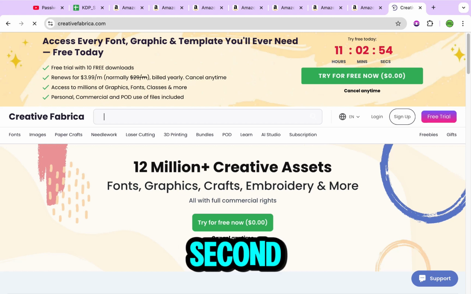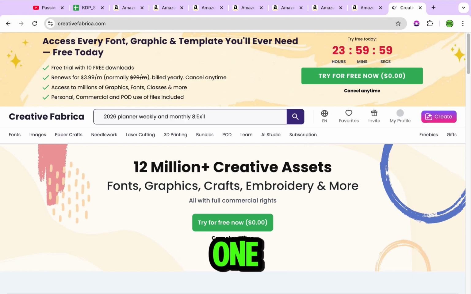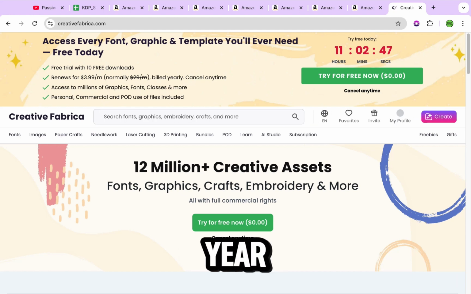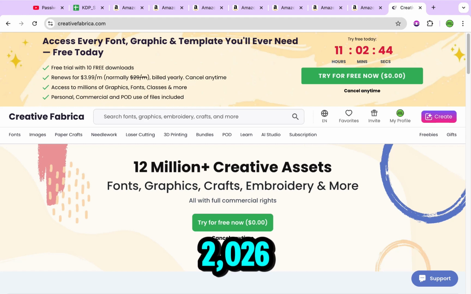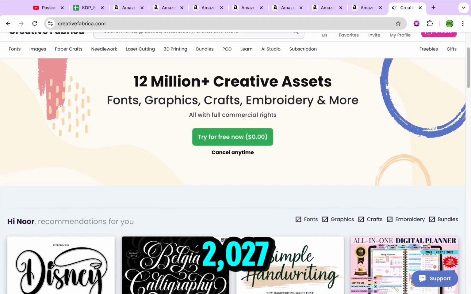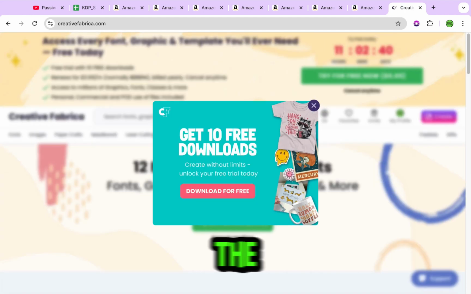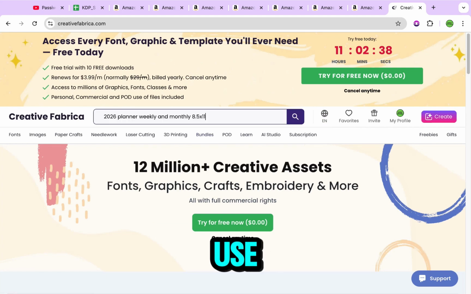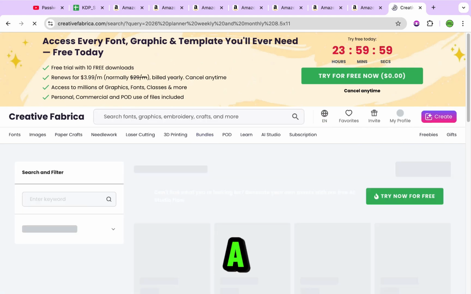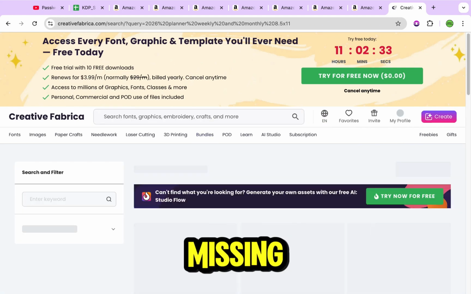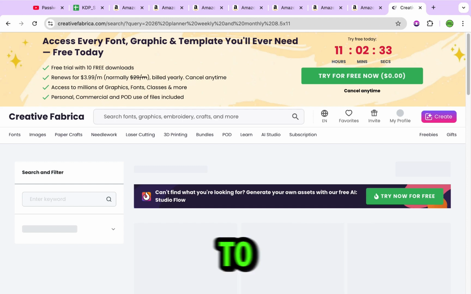Now let's head to the second keyword for the day. And our second one is 2-year planner 2026 2027. This is a beautiful keyword that you can be able to use. I call it a short tail keyword. It is missing a couple of different elements for us to get started,